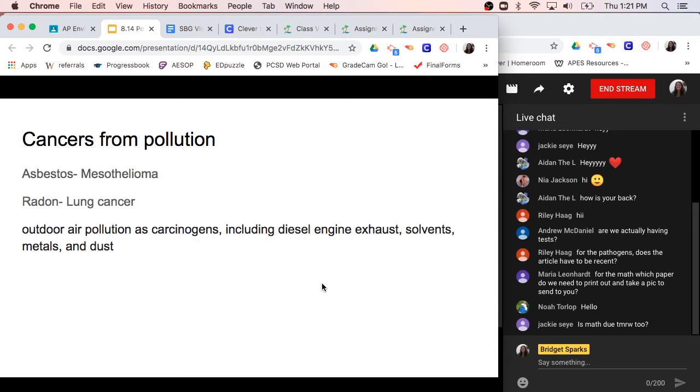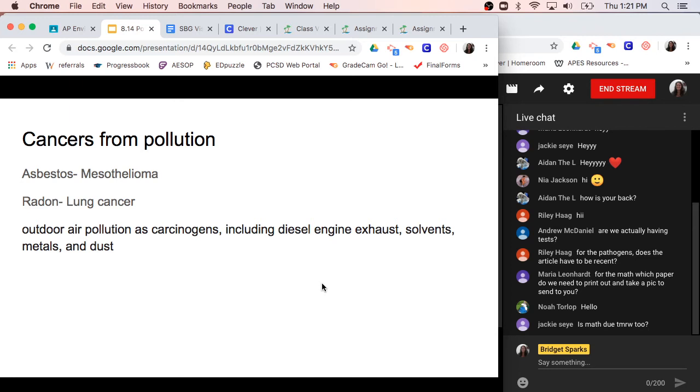So we have had some connections we can make. There are multiple cancers that we've talked about that come from pollutants. Asbestos, we know, causes mesothelioma. I don't remember how you guys liked to say it. But remember, asbestos was in the walls. It's like little shards of a mineral, and it gets into the lungs, and it kind of makes those cuts, which can cause the cells to be altered, their DNA, and they keep replicating out of control.